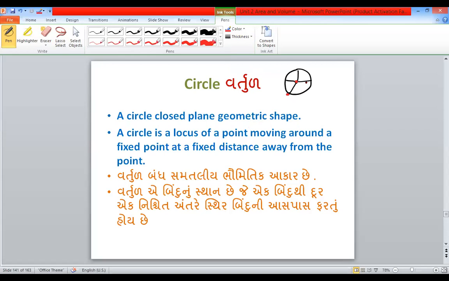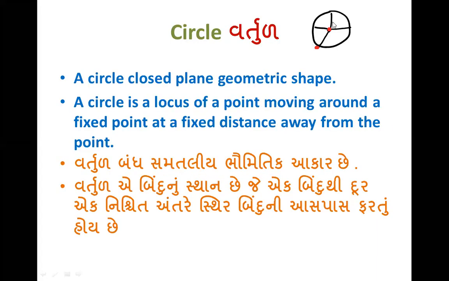So the definition is: when we move on the surface of the circle and the distance from the center to the surface is always equal, such a figure is known as a circle, and this constant distance is known as the radius. This point is called the center. So these are the definitions. A collection of points whose distance from the center is constant is known as a circle.